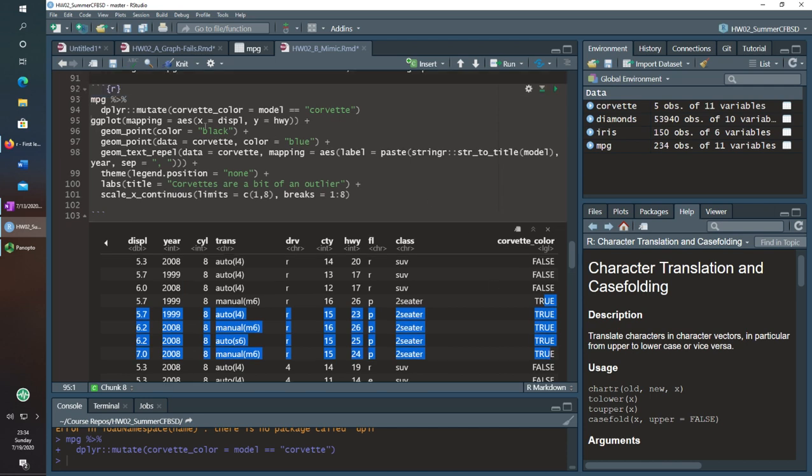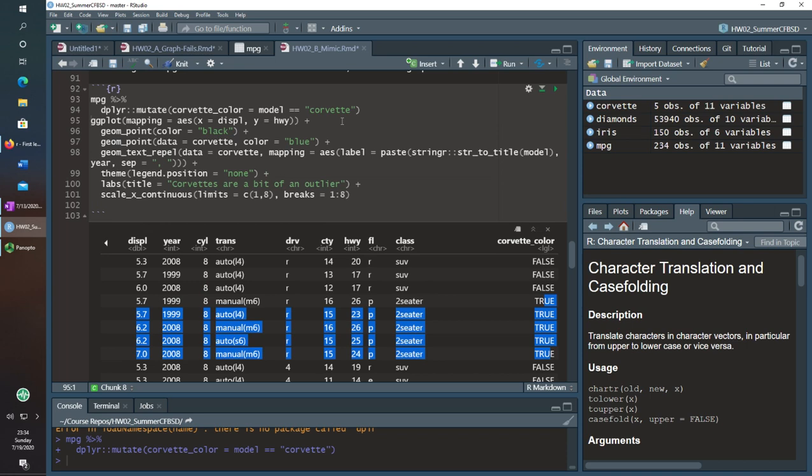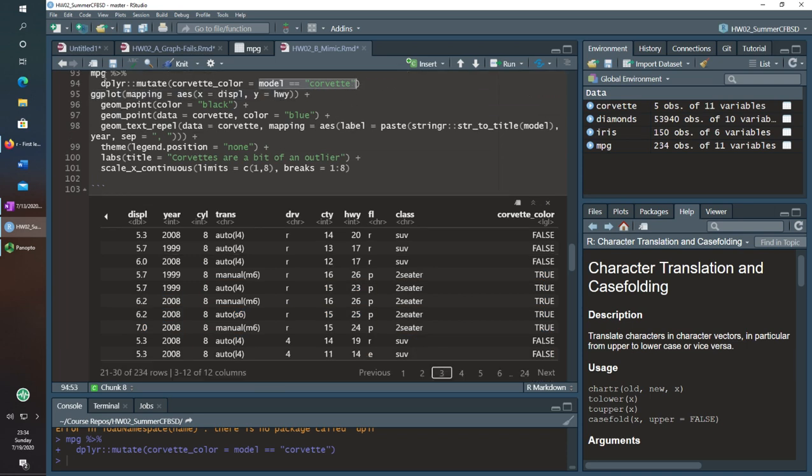You could also do geom_point using just one value and say the aesthetic color is equal to the Corvette color, and then do scale color continuous. But that would be another way to do it. You can see it asks the same question that I used in my example, without having to make the column itself.